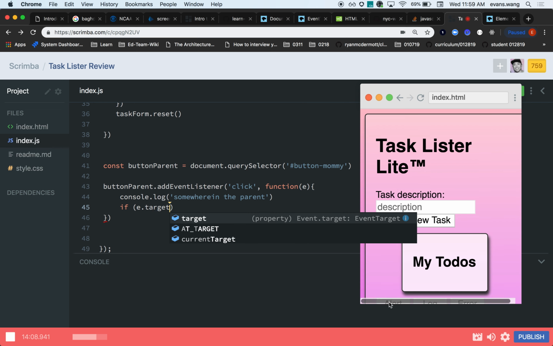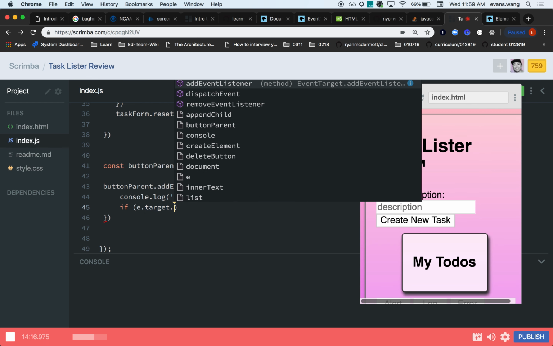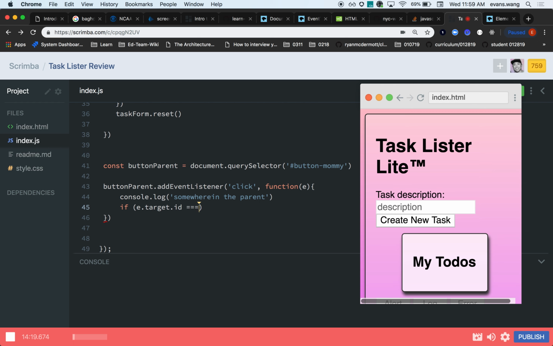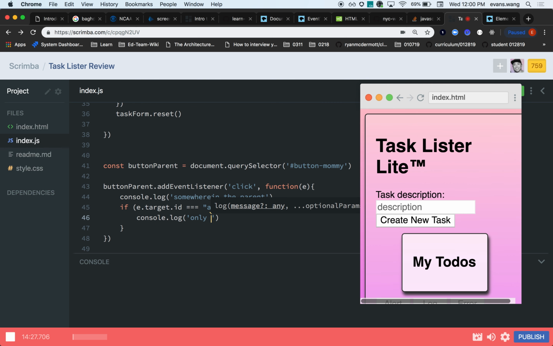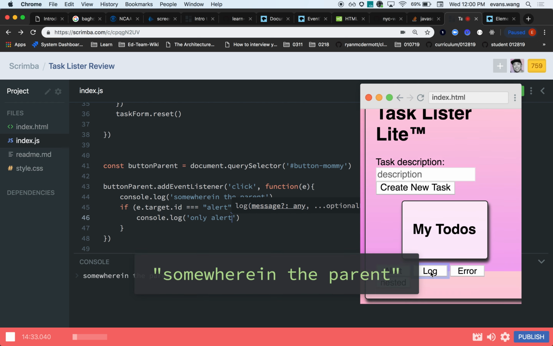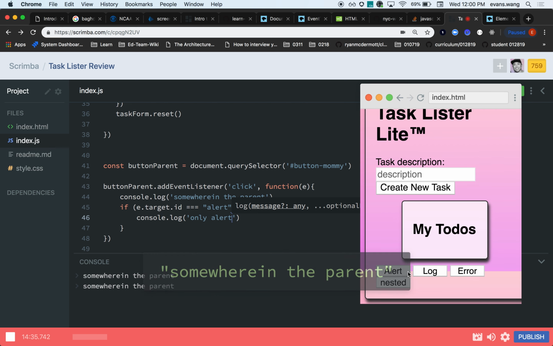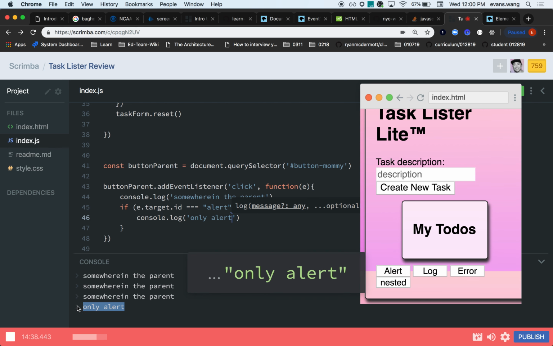Is it going to be the alert button, the in-between, or the log button? Right? We could see if e.target.id is equal to alert, then we can do something. Only alert. So if I click log, somewhere in the parent. But if I click alert, only alert. So I can use one event listener with the power of event delegation to control what gets clicked